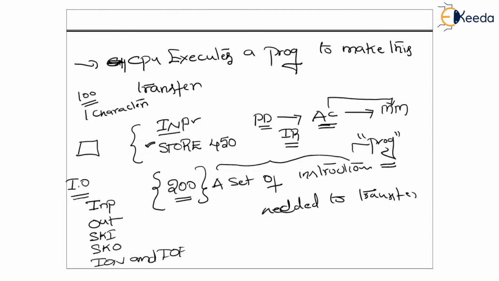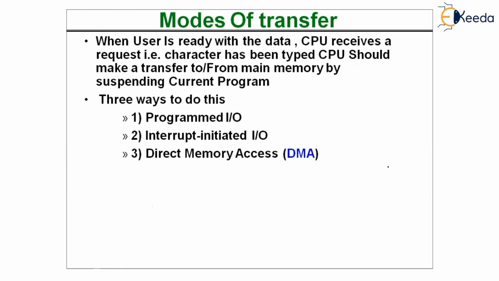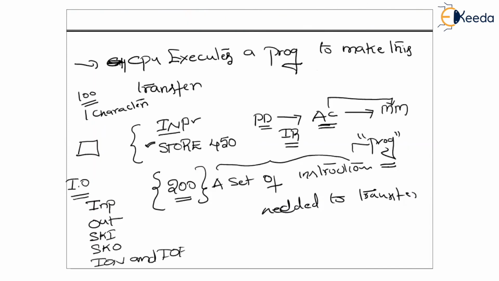Now you could recollect the sequences. At the end of every instruction cycle, CPU is going to execute an IO instruction if there has been an IO request generated. Sequence will be as follows. CPU is executing the 19th instruction. At the end of the 19th instruction, CPU is going to check if there is a flag set. If no flag is set, CPU is going to go to the next instruction. It will be fetched, decoded, executed. After execution, again it watches the flags. If there is a flag set, go to the IO instruction, otherwise come back to execute the current instruction.